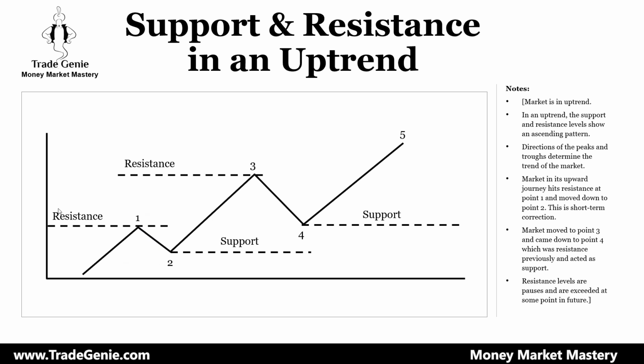So for instance, think about this. This is the first attempt. Maybe there was another price point here and it failed. So this was the second attempt. The market had battled here previously, so multiple times, not just one time. This may be the second time or third time. Or if this is the first time the market attempted and failed, now the market came here and it attempted and failed. So it can go up, down, up, down, up, down, and finally it breaks it.